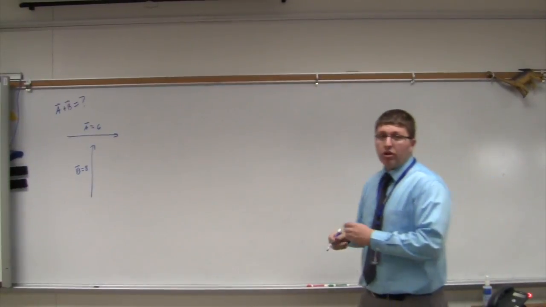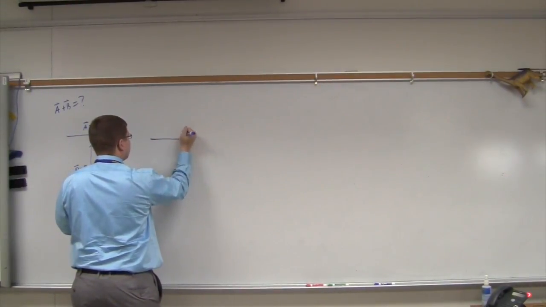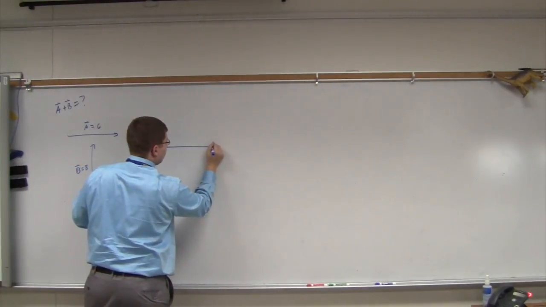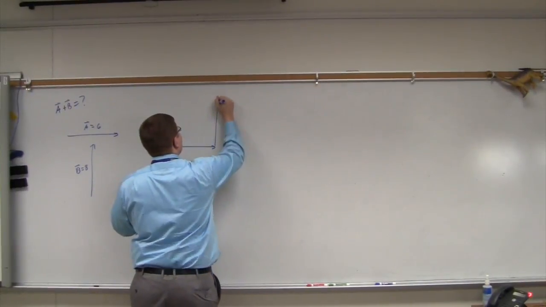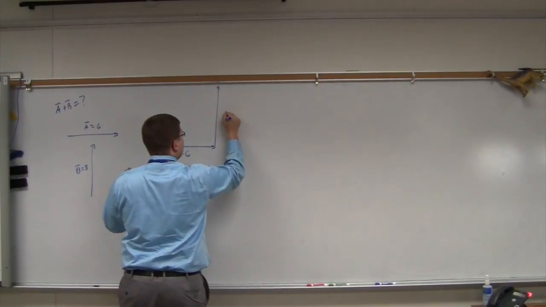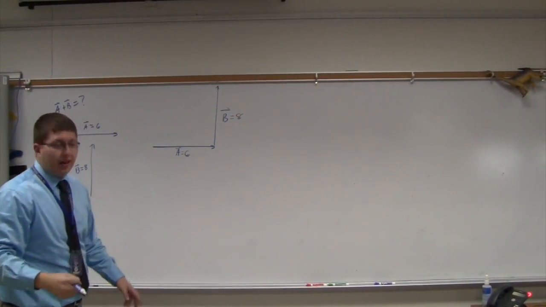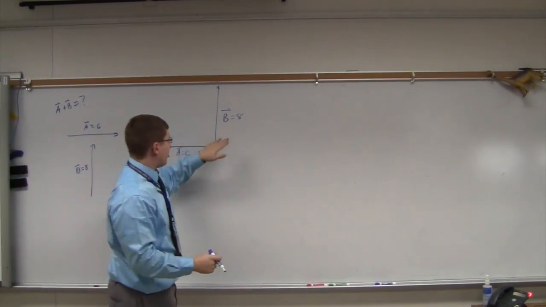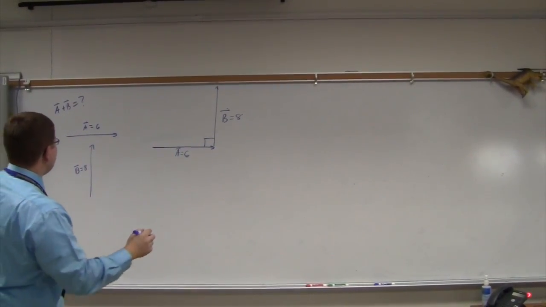So here's what we're going to do. We're going to add those vectors up using the head-to-tail method, as we've already gone over. So I'm going to redraw the vectors without changing their direction or magnitude as best as I can. And so I line these up and they are perpendicular to each other. So A is horizontal, B is vertical. Should be a 90-degree angle between them. And then I just need to find